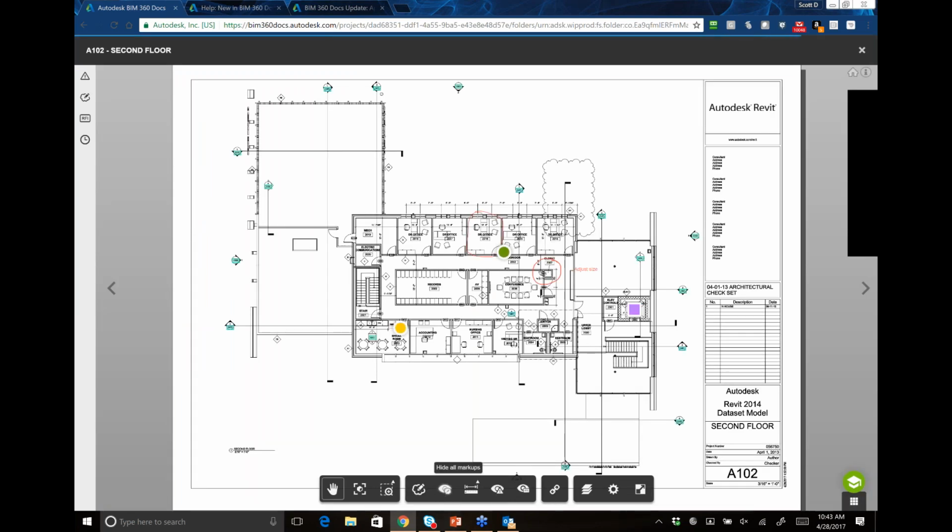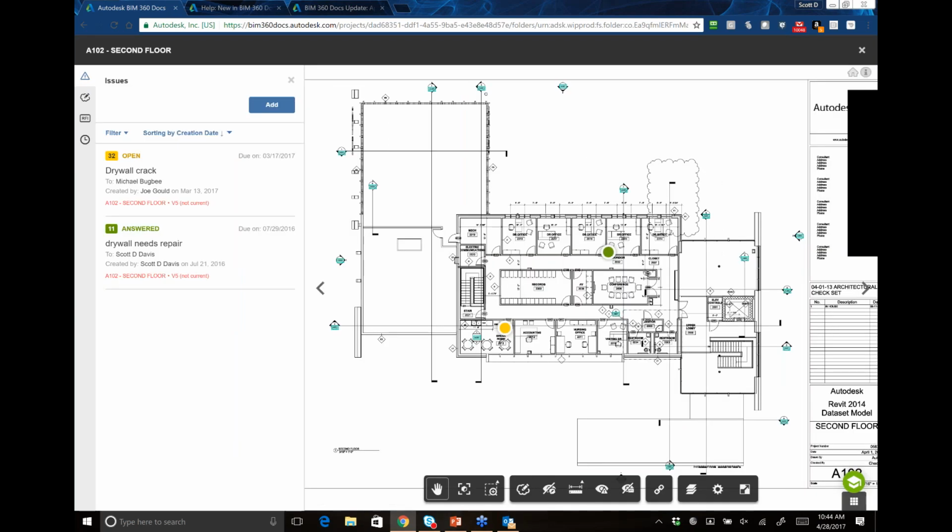So I'm going to toggle off the markups for a moment, and we'll toggle off our RFIs. So we're left on this second floor A102 sheet. We've got 2 issues currently going on. So let's bring up our issue log for the sheet. In this case, I've got one that's been answered, it's green. And I've got one that's number 32 that's still an open ticket item. It was created by